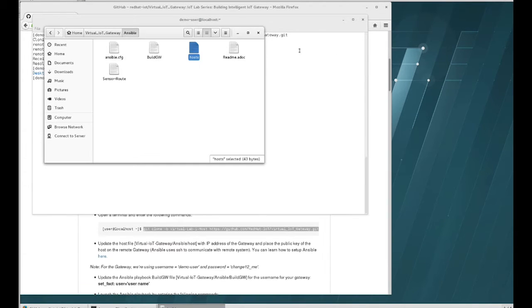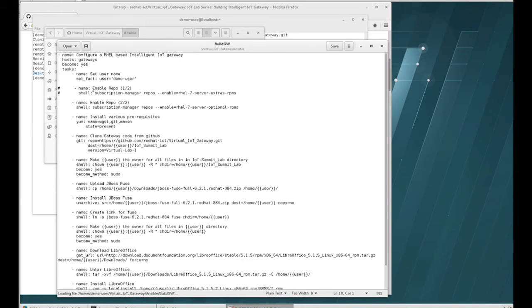Then starting to look at the other file of interest, which is the build GW file. First, we need to modify the username of the gateway. For us, we're using demo user. But in your case, please modify it to whatever the username for your gateway is. And looking over this file, you don't need to change anything, but just browsing over the contents, you can see